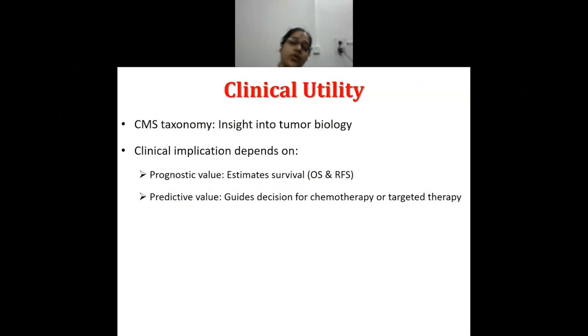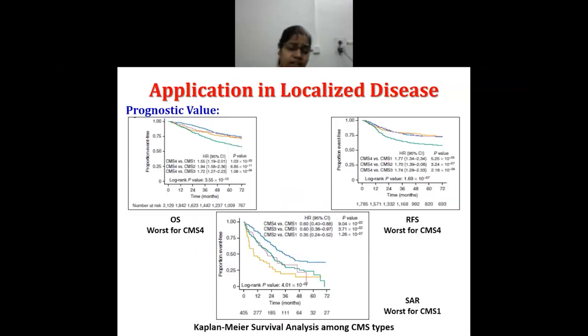Coming to the clinical utility of molecular classification, the CMS taxonomy provides insight into tumor biology. Its clinical implication depends on the prognostic value, as in estimating survival in terms of overall survival and relapse-free survival, while the predictive value is in terms of decision-making for the tumor. Now, first of all, let's discuss the application in the localized setup. The CMS is prognostic. How can we say so? It's basically by the